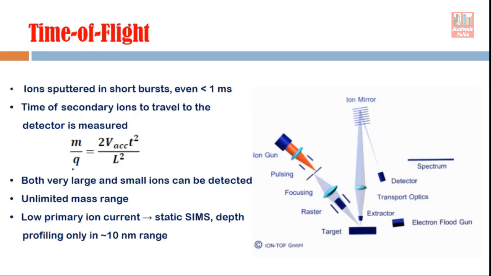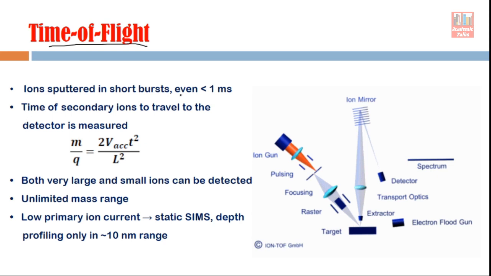Now, the third technique for mass analysis is time of flight. The advantage here is that you need not go for scanning of the electric field and magnetic field. You have seen in the earlier two techniques, the scanning of electric field and magnetic field is necessary in order to identify the elements present in the sample. But in this technique, that kind of scanning is not required. So what happens in this technique? Ions are sputtered